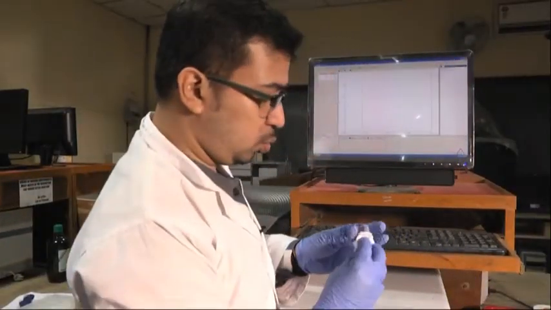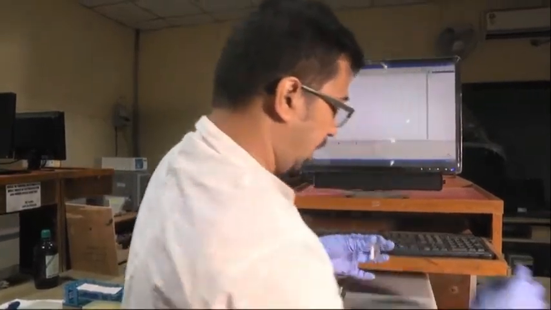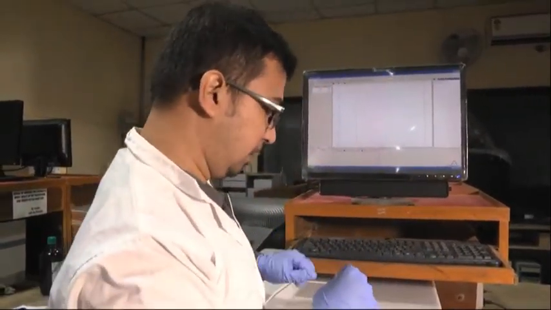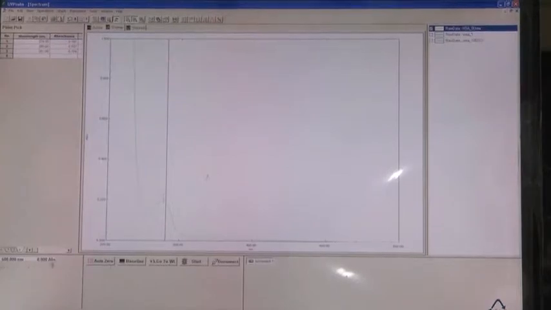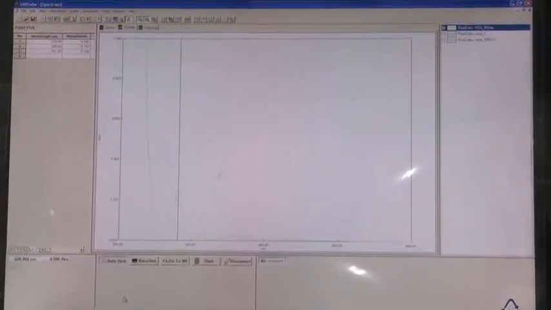Wash the two transparent sides with the tissue paper, and let us transfer it in the chamber. So, let us click auto 0. Although you can see the absorbance here is all set to 0, we can again do auto 0. Auto 0 is complete, and now we will start with the scan.